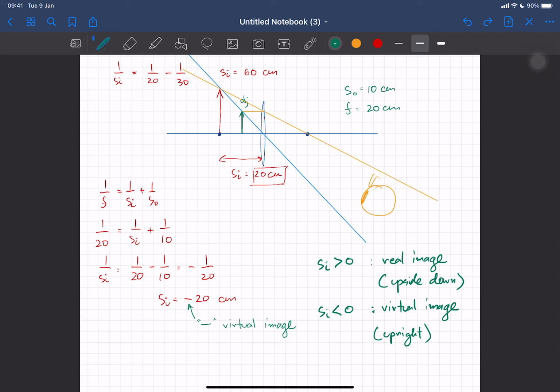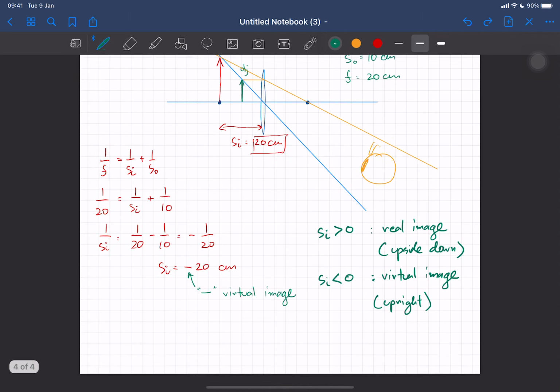Okay. The good thing about this is that you can see that the image is actually bigger than the object. And your eye is going to see that also, right? So this is a very good use of the lens to what we call magnify the object, right? So the object appears to be larger than what it is. And the magnification